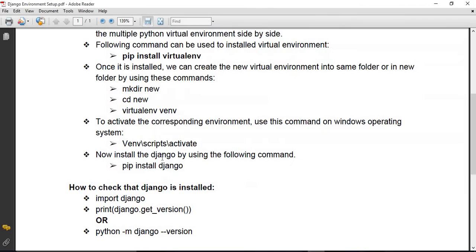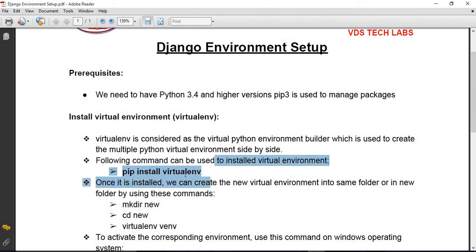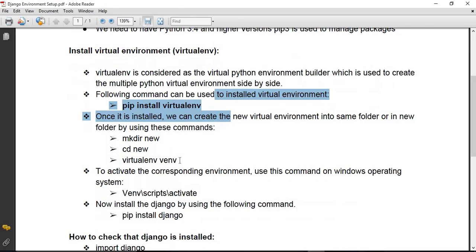Meanwhile, we can discuss: so far we have used pip install virtualenv for creating the virtual environment, and we created it in the same folder. If you need, you can make a new folder with mkdir, where new is the folder name, then cd, the change directory command, to move into the directory we created.